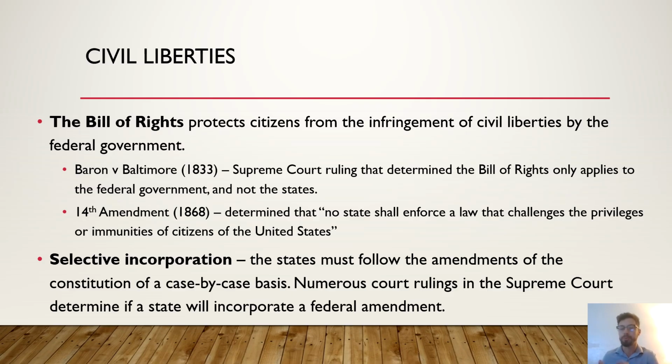Our Bill of Rights does not just protect state rights to be autonomous, but individual rights to be autonomous through a process called selective incorporation. And without selective incorporation, we would see our Bill of Rights only applying as protections for state governments to maintain these listed rights. So selective incorporation, to repeat, is a series of case-by-case rulings provided by the Supreme Court, which made our Bill of Rights apply to restrict state governments as well as federal governments, because civil liberties are restrictions of the government to provide protections for individuals. And in early American history, under the case of Barron v.